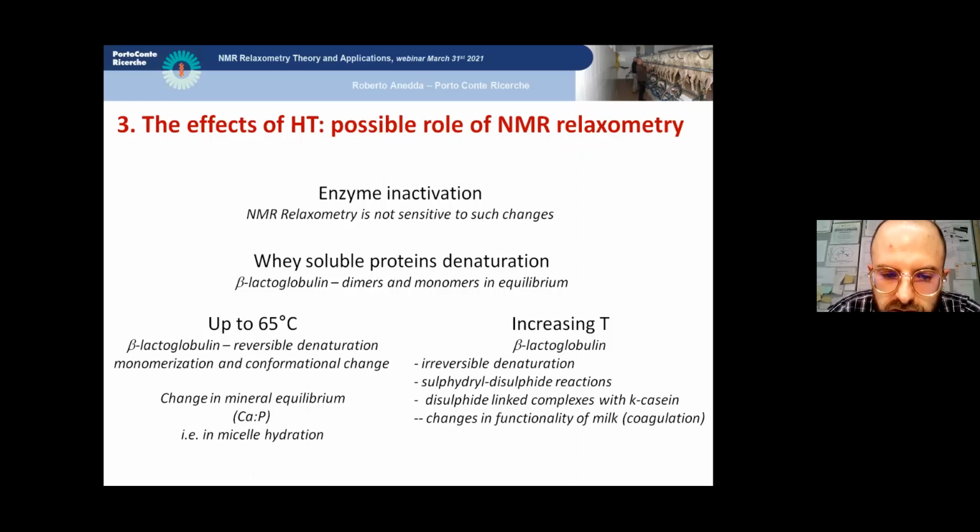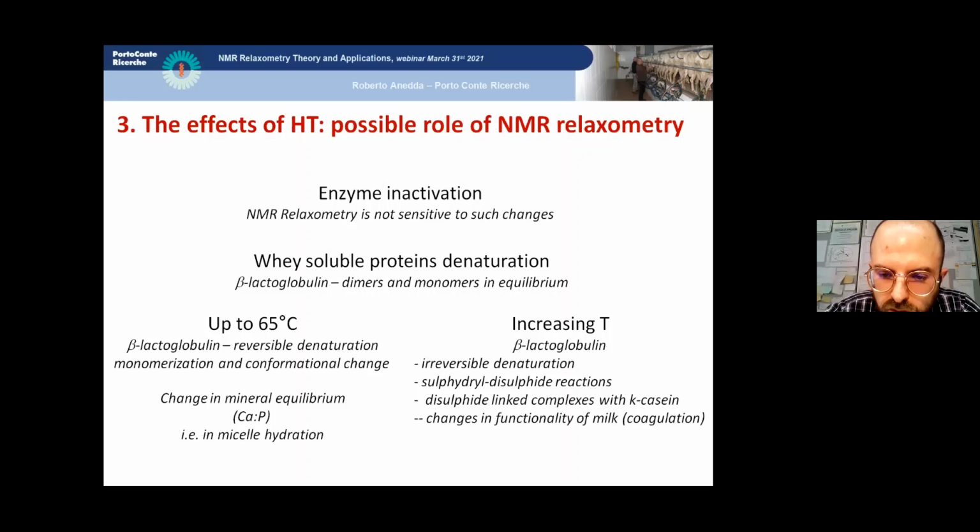Such changes are known to produce significant modification in milk functionality. That's why it's very difficult to make cheese with severely heated milk. I mean, it's almost impossible with ultra high temperature treated milk, but also with pasteurized milk,